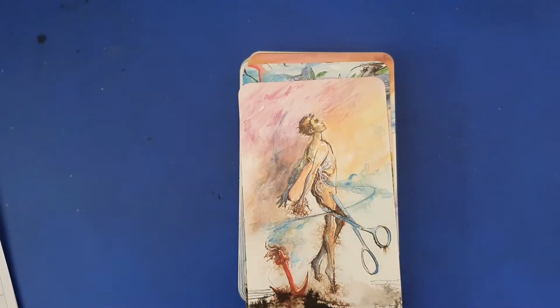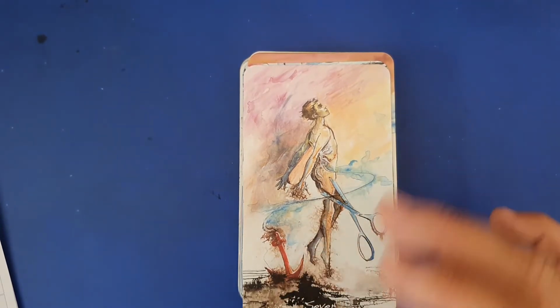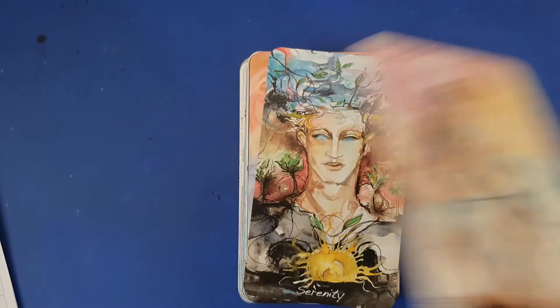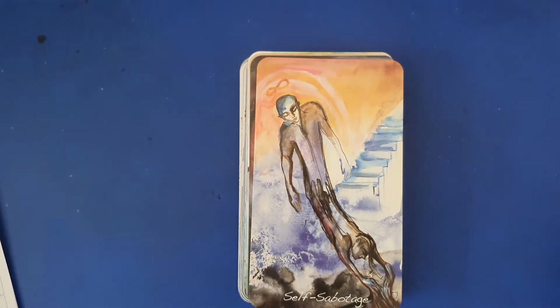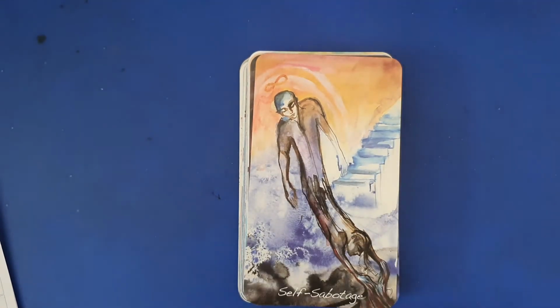Sever. This one's quite powerful, I think, as well. Something's holding you down, something's got you attached. Are you going to cut those cords that bind you? Serenity, peace, calm. Self-sabotage. I think it's interesting you've got the infinity symbol here again as well, so I'll see what she says